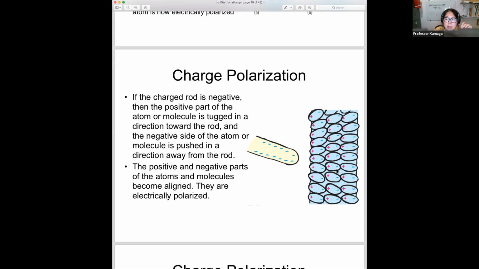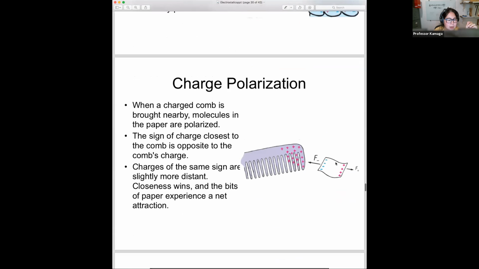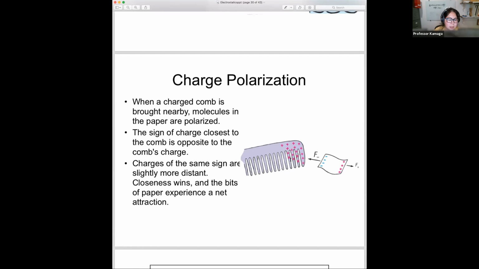So why does a balloon stick to the wall? Why is the tissue paper being attracted, right? Instead of this, it could be a balloon or a hair comb. The hair comb is going to be positively charged, and then the tissue paper, this is not 100% correct